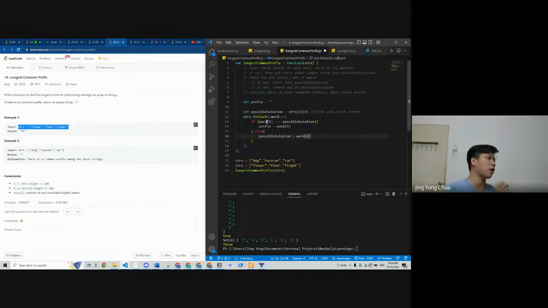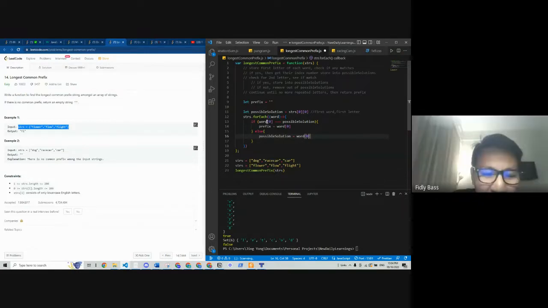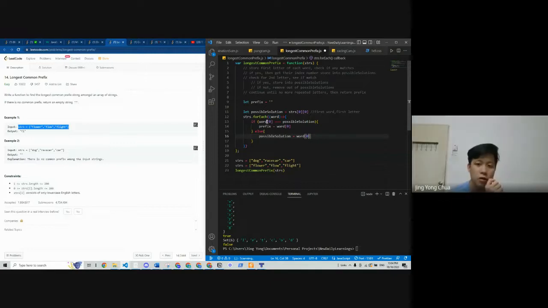Okay, first of all, let's understand something. If there's no common prefix, straight away it returns, right? So if I have flower, flow, and then cat, that means straight away there's no common prefix, and then straight away exit. It's not considered common anymore, right? Because the cat ruins everything.